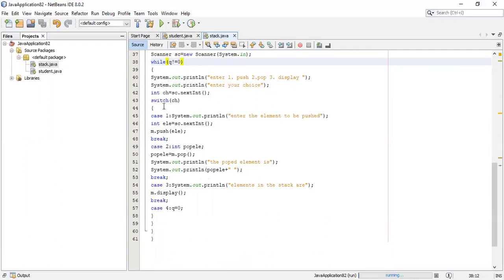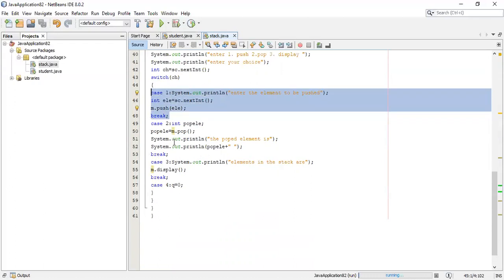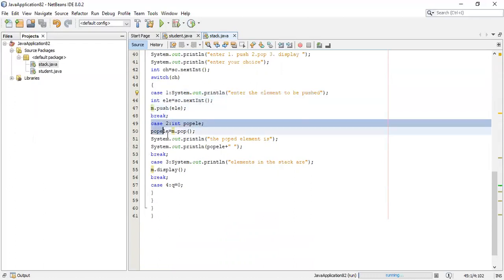Now case 1: you take the element which has to be pushed into the stack and you call the push member function. You can call it only by using the object, so m dot push, and the parameter you send is the element. Afterwards, break. The second case is the pop operation.